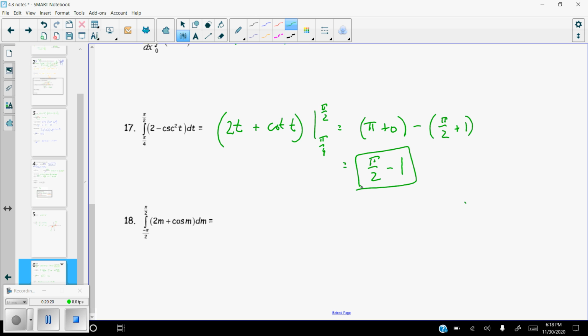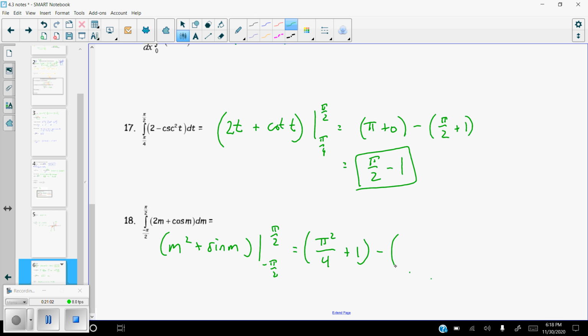Okay, and one more to go. Again, this is just an integral. It's not a derivative. So we're going to take the antiderivative of 2m, which is m squared, antiderivative of cosine, which is sine of m, and we're going to evaluate that from negative pi halves to pi halves. Plugging in pi halves first, we are going to get pi squared over 4. That's plugging it into the m squared. Pi squared over 4 plus sine of pi halves, which is 1,